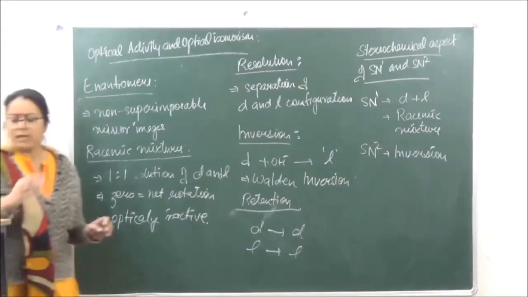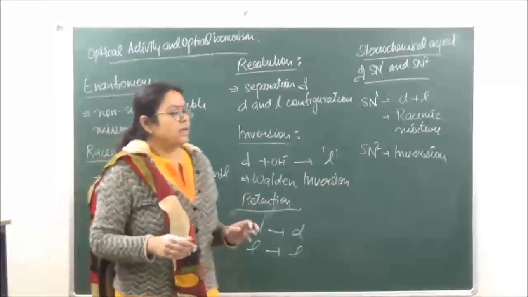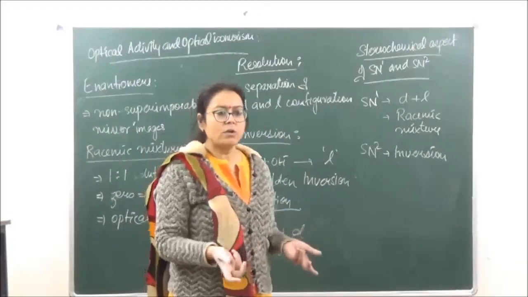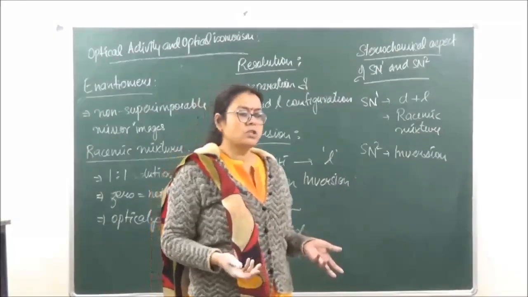We are left with a very small part of this chapter. We have 2-3 reactions of haloalkanes, and then we have a few reactions of haloarenes, and after that we finish this chapter. Okay.